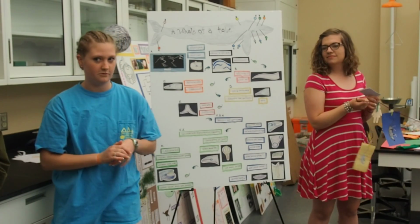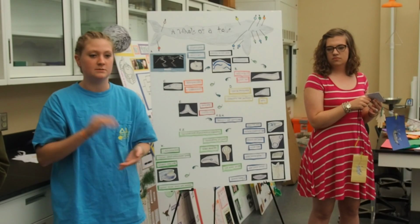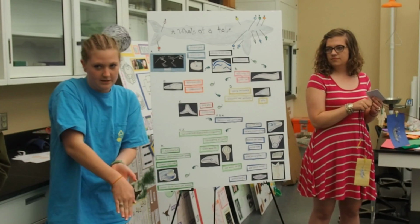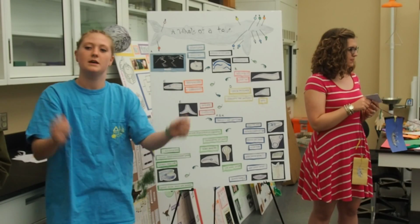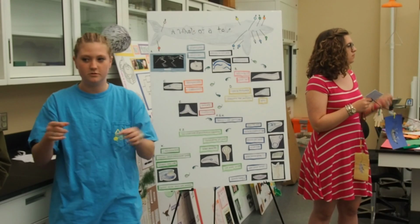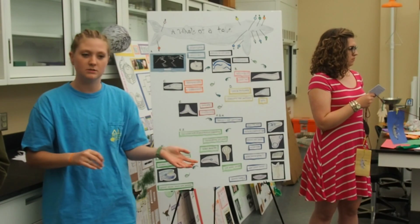The other thing that a tail fluke does is because of this V in the middle, it's able to displace much more water than it would if you just had something that was pushing straight down. If you push with two things, it's almost like you have twice the force. There's not huge tail flukes. It's not like a really big V yet, but there is evidence that there is some type of tail fluke